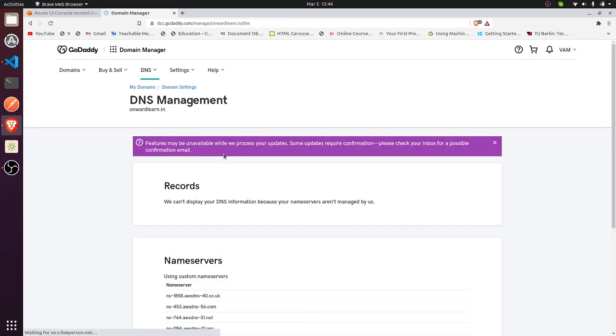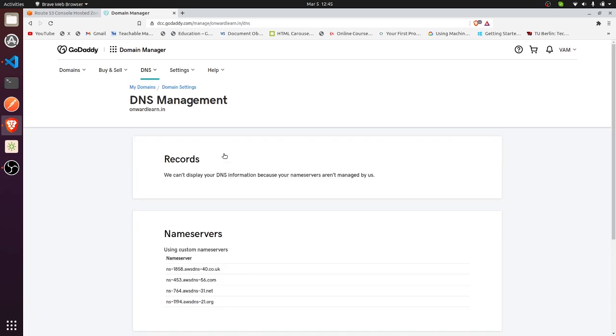Now we have successfully linked the domain with our AWS Route 53, but we haven't linked the custom domain on which our Django project is deployed to the domain which we have just linked.